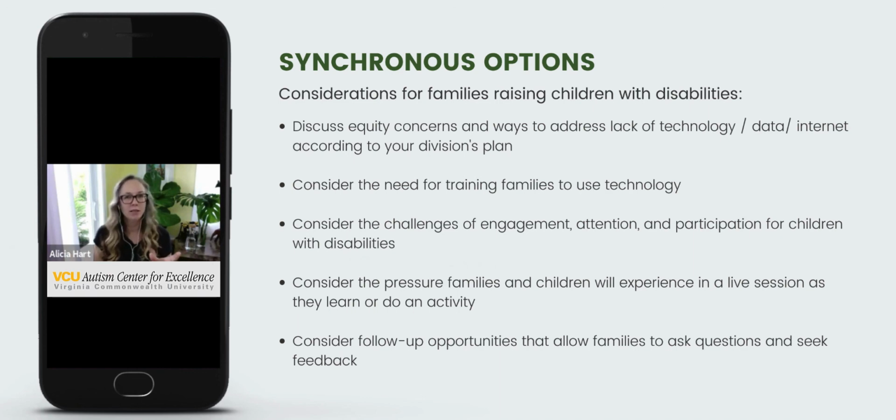We may want to consider using video submission where it's more easily convenient and recordable for families to say, okay, I've got a few extra hands right now. I've got some time to do this. This is a really good moment to record this. Let's try to record this, do what we're asked to do here, and show the activity, and then send this